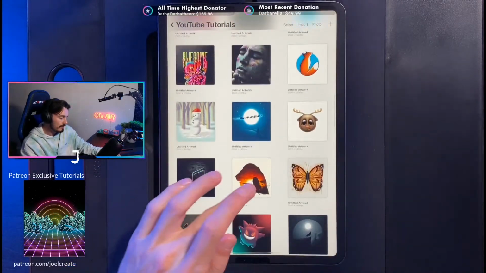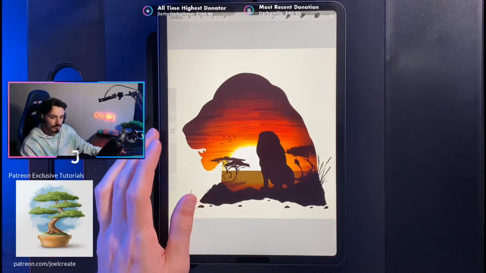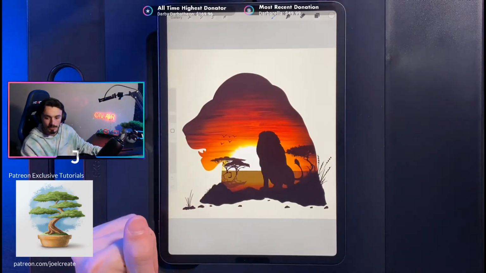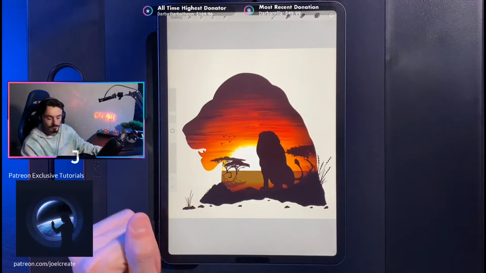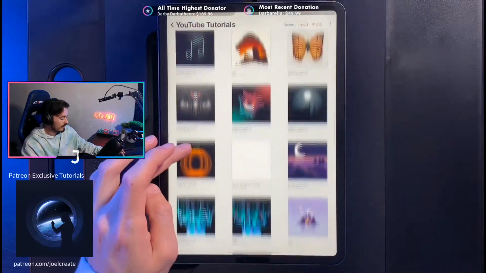This one's always a favourite, actually, only because of the colour scheme. I think the colour scheme just looks really cool, silhouette within a silhouette. It's quite nice work. Let's drop out of here, and then